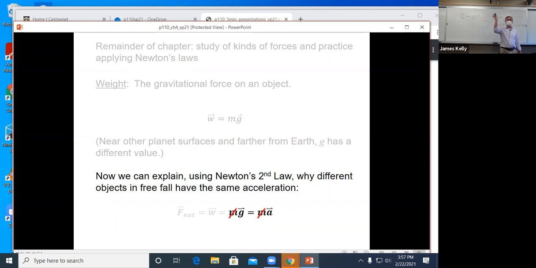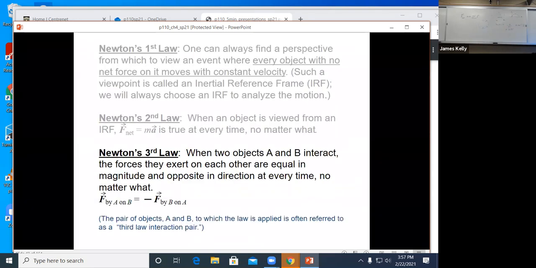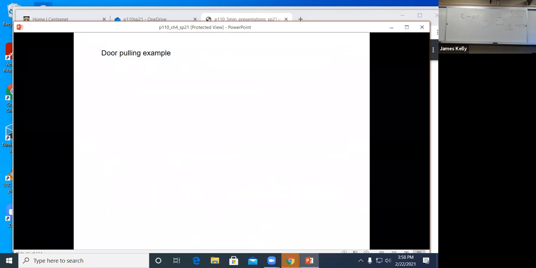So it has a bigger force, but it's harder to accelerate, and those two effects cancel each other out, resulting in exactly the same free fall acceleration here. I know it still doesn't seem like that deep of an explanation, but at least it's one level deeper than what we did before. Okay, let's, 2